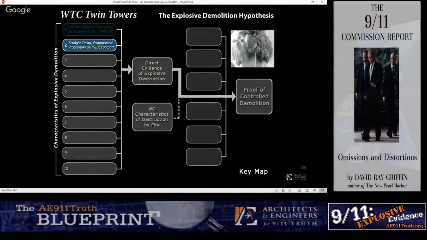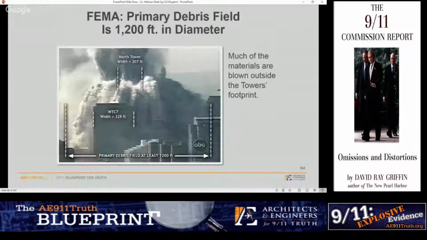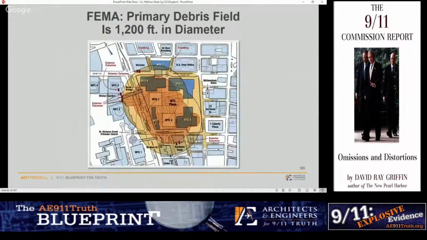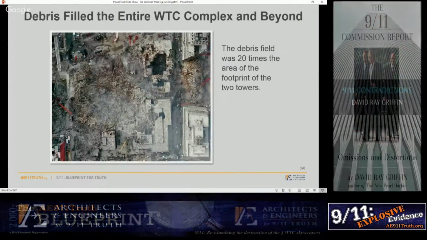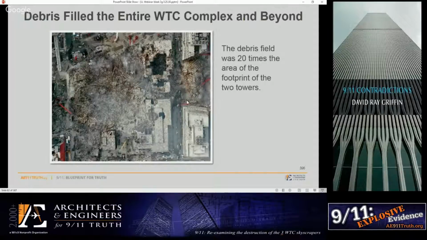Number 2 in our series of features of controlled demolition. Well, it's a 207-foot wide building, and the material is all around it symmetrically in a 12 to 1,400 foot radius or diameter, destroying the winter gardens on the left there, 600 feet away from the North Tower. And look at Building 7 on the right. We have complete symmetrical destruction in an implosion, a classic implosion. This highlights the difference between World Trade Center 7, which we looked at in week 1 and week 2 of this webinar series. Compare that to the massive, complete catastrophic destruction and lateral distribution of all of its structural elements